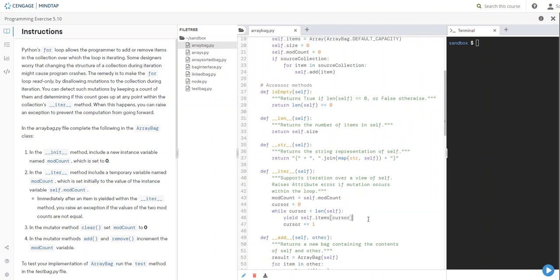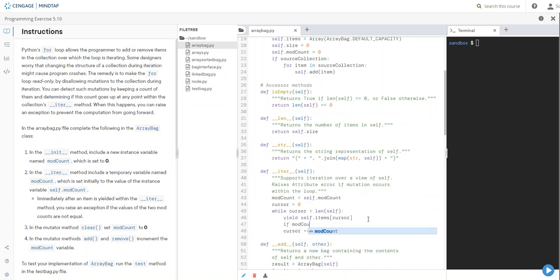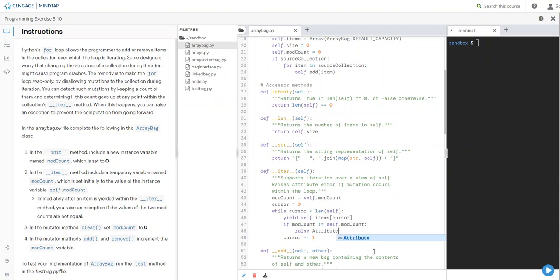After yield, we're going to come down and we're going to say if mod count is not the same as self dot mod count, we're going to raise an error. And the attribute error